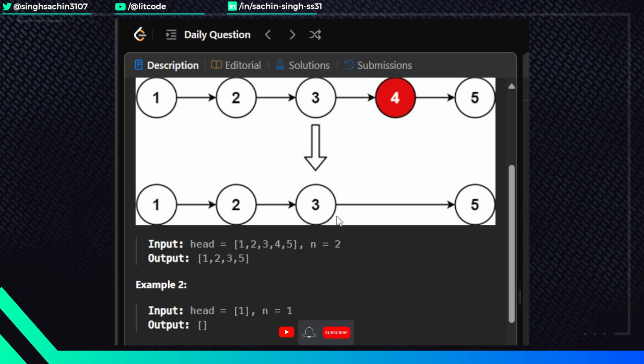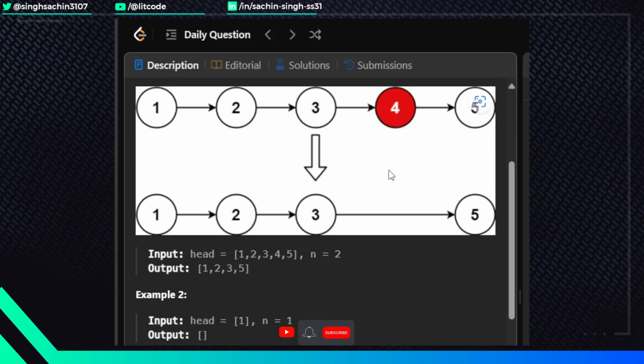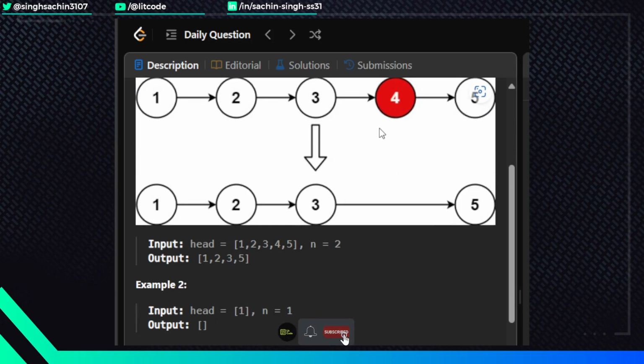Okay, so essentially this is what we have to do, but the interesting thing is how will you figure this out? Because in a linked list you just cannot use indexes, or you cannot traverse it the other way, unless you update the whole linked list and do that. So we'll be using an approach